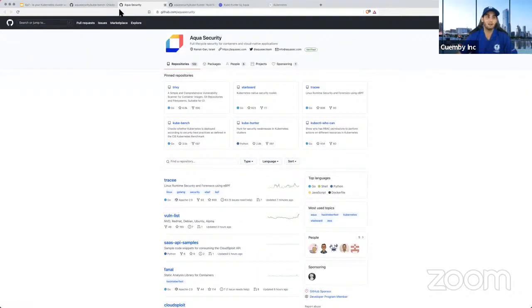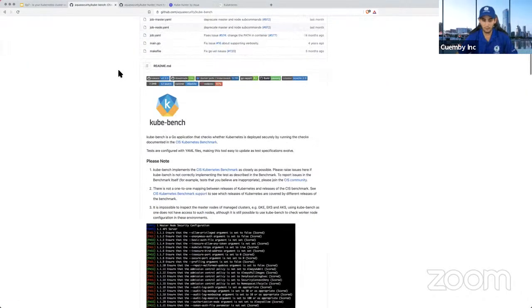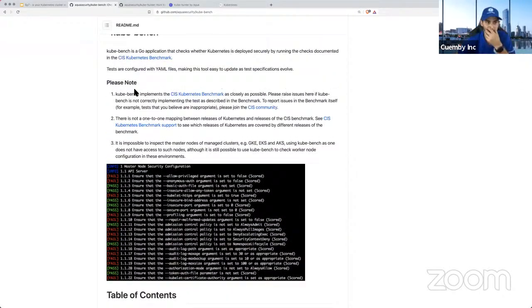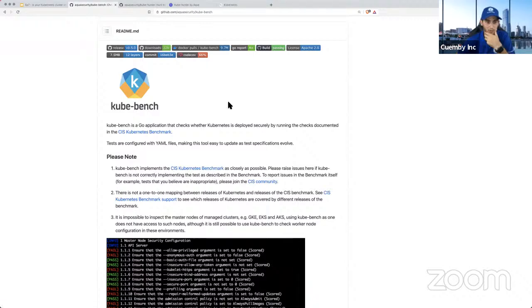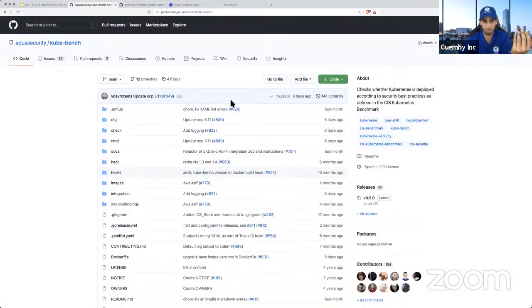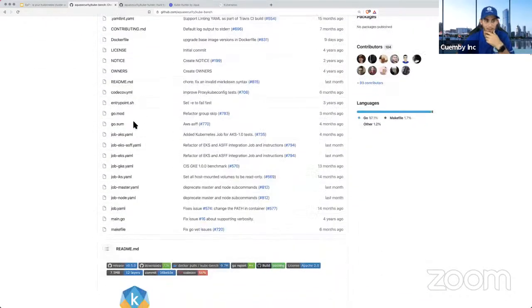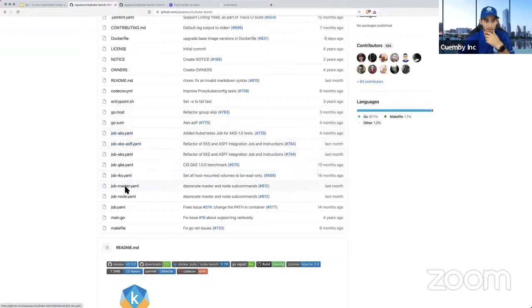All right, so this is the repo for Kube-Bench. It's pretty straightforward to set up. It's a tool developed in Go. You can either download the repo, run it, build it yourself, or add more stuff if you feel like you have something to add to the tool. Go ahead.